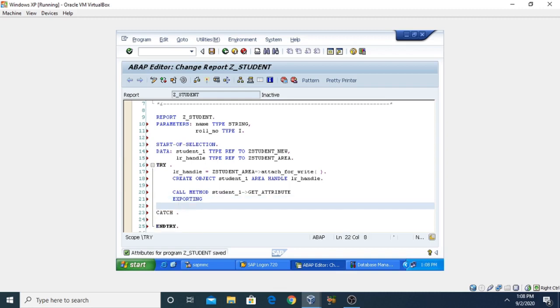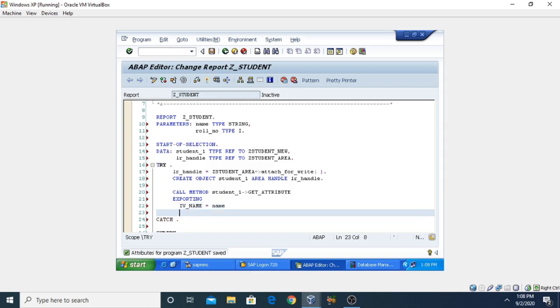We have taken two parameters, name and roll number. So iv_name equal to name. Similarly iv_roll_number equal to roll_number.